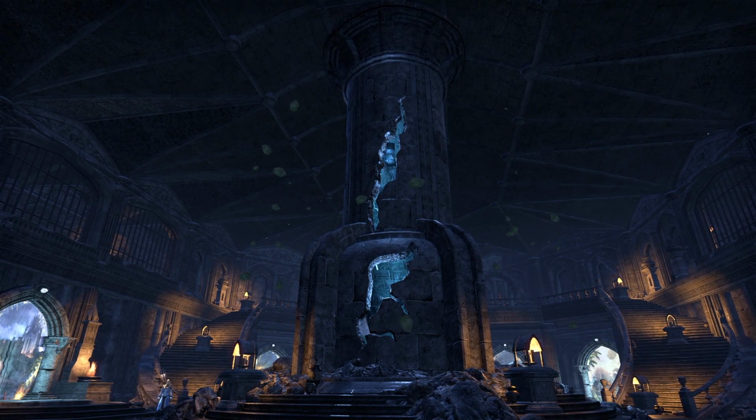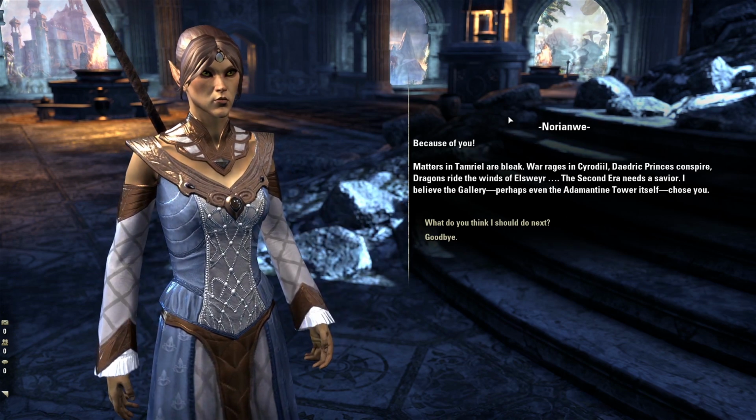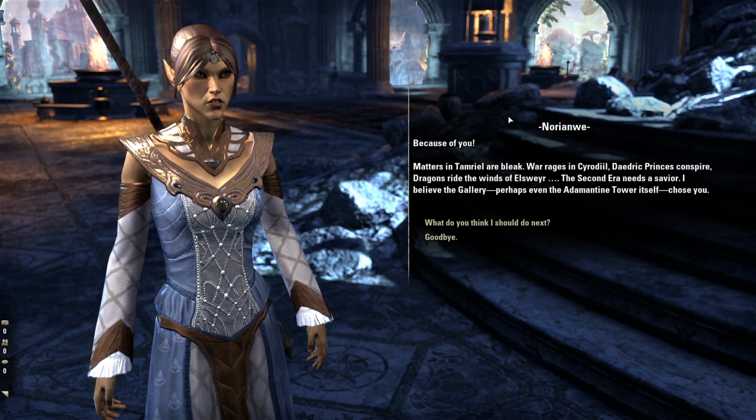When speaking to the events of all this, she even goes on to say that she believes fate might have brought you here, possibly even machinations of Adamantine Tower itself. Part of her research will be trying to learn more about the tower, the gallery, and how they might be